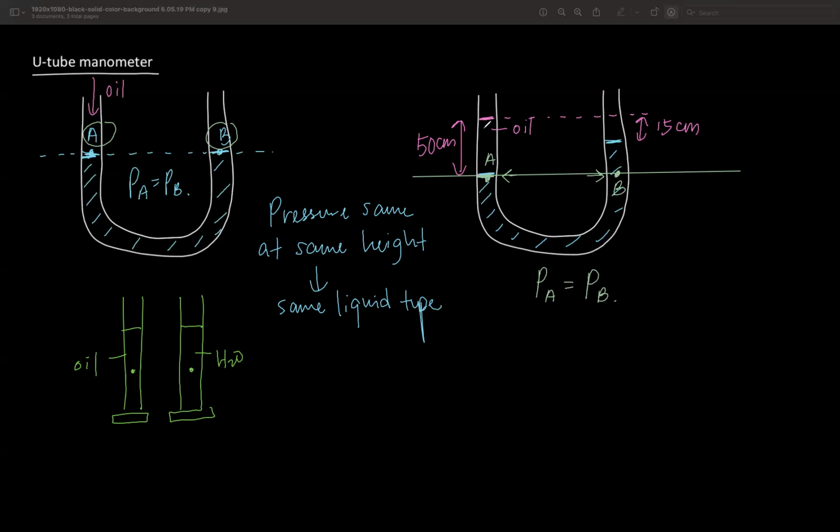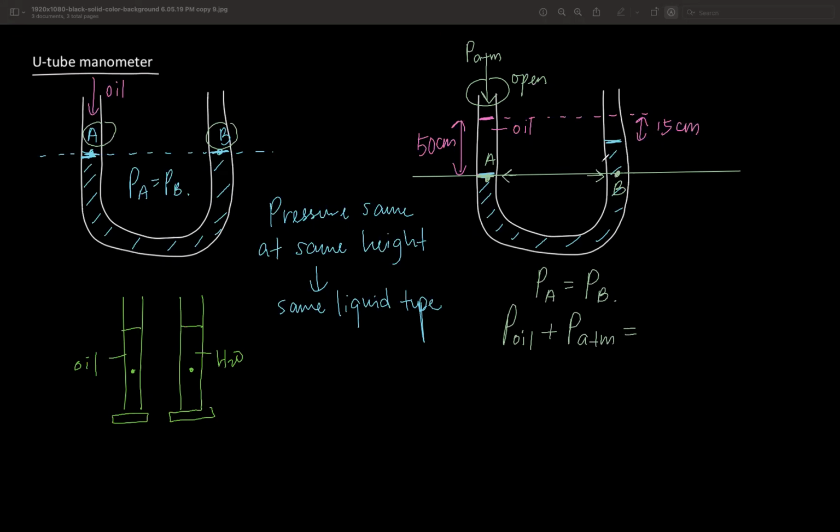Again, you ask yourself, what is pressing it? The oil is pressing it. So we have the pressure of the oil. What else? You see the top here is open. That means atmospheric pressure can come in. Here is an open tube, so atmospheric pressure also presses down. You have P ATM as well. So P oil plus P ATM